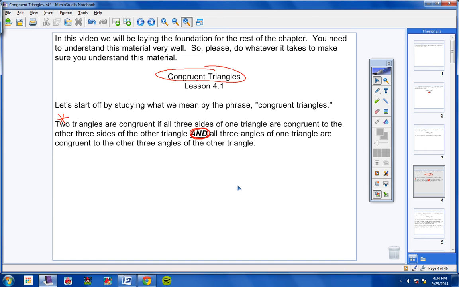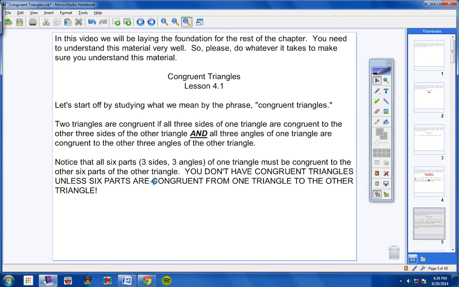Now, this next comment you do not need to write down unless you want to. Okay, here it is. Notice that all six parts, students, three sides and three angles of one triangle must be congruent to the other six parts of the other triangle. Must be. Okay? You don't have congruent triangles unless,